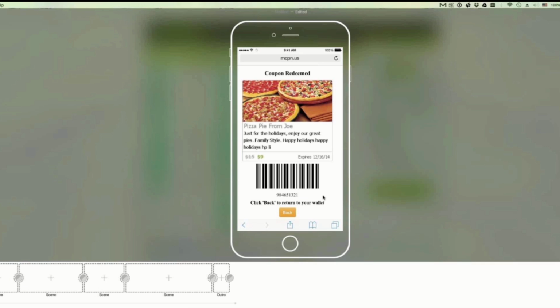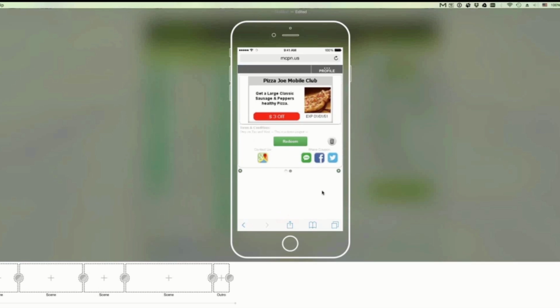So again, this is the mobile couponing. It's now 3:01, so I'm pretty sure if you texted webinar, you probably got